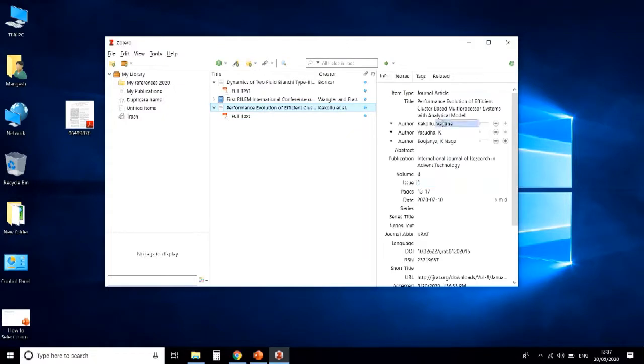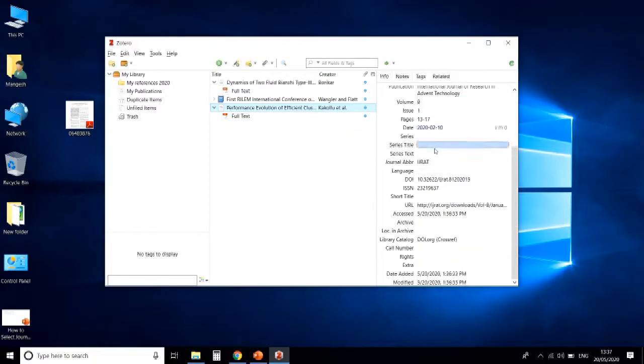Also, you can add PDF files of articles in the Zotero library. Select it and drag it onto your reference of the article in Zotero.